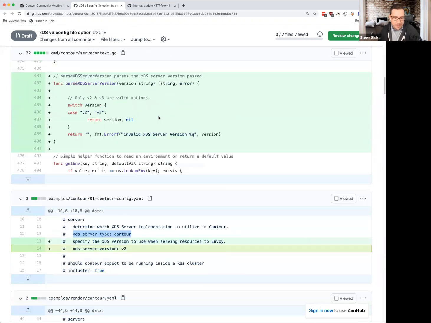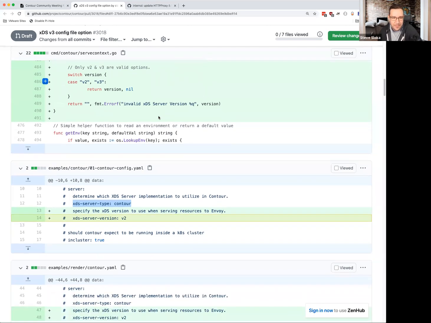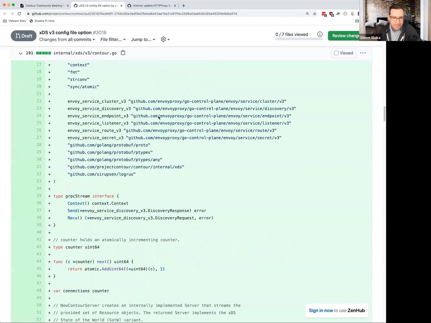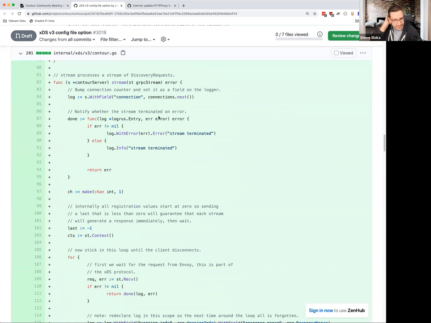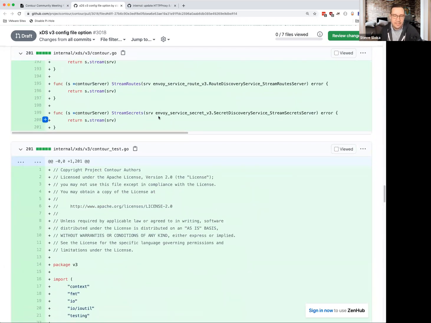So I have some PRs coming through. I started doing listeners, but then, being silly, Go won't pull in files unless you have them referenced from something. So I had to have the XDS bits in there to serve the files, to call them, to have Go compile them and do things with them. So that's what some of these PRs are coming in to do. This will stand up the XDS server, and then we'll be adding v3 bits as we go.